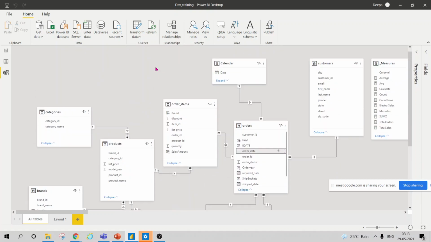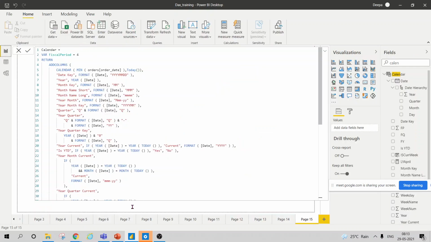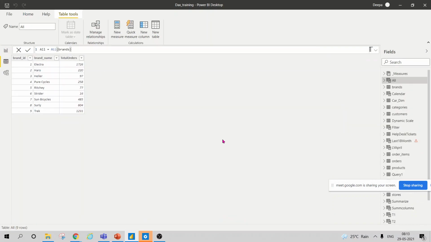Now, I cannot create multiple columns in this table, but my visualization requires that I show my date formatted into year and month, or only the month name. I want a week number. I want the day of the week. There could be multiple analyses, like I want to see only the sales which happened on Monday or which happened in this year. So how do I get those values? For that, a calendar table is much required.